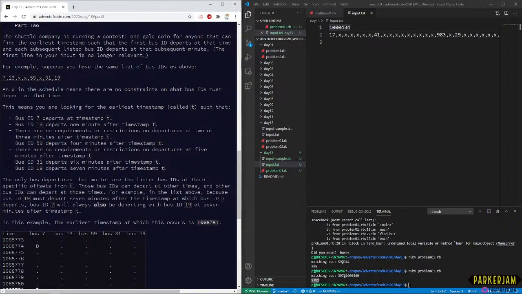Bus ID 59 departs 4 minutes after timestamp T. How do we know that? There are no requirements or restrictions on departures at 5 minutes after the timestamp T. Bus ID 31 departs 6 minutes after timestamp T.